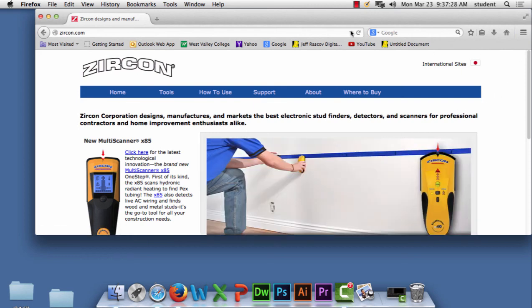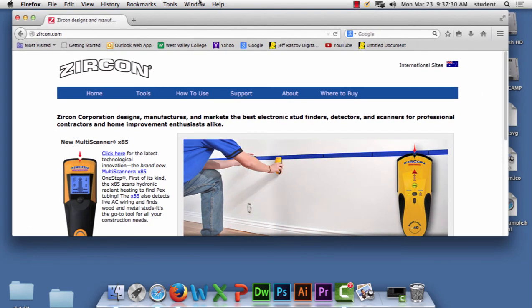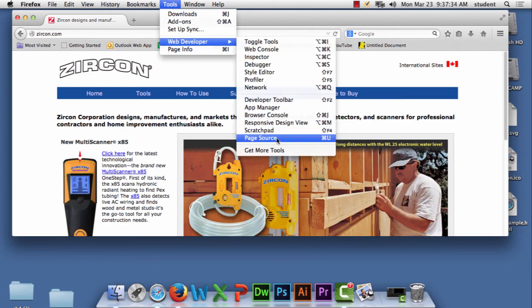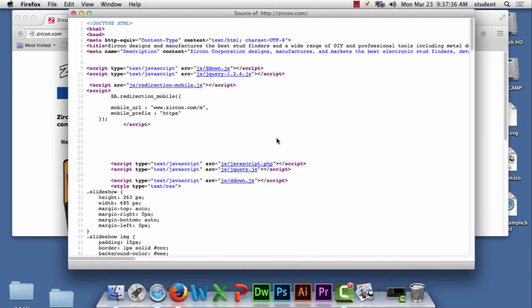Okay, to see the redirect code, it's underneath Tools in Firefox, Web Developer, Page Source, and at the very top up here is the redirect code from here to there. This redirect you see up here. See it right there? Okay, now that redirect code actually also needs,